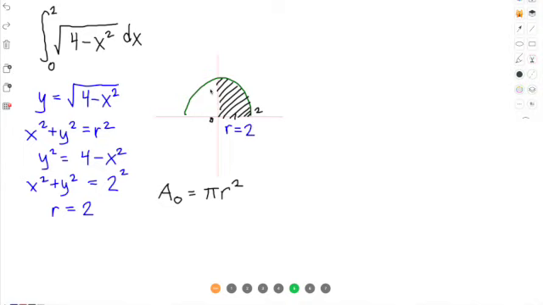And for this problem, we are looking for a quarter circle. So this is for a full circle, so we just divide it by 4 for this one. And substituting the radius 2 here, we have pi 2 squared, that would be 4. And we just need the quarter circle, so we need to divide by 4. So our answer for this problem is pi,